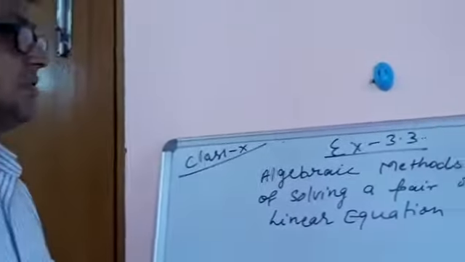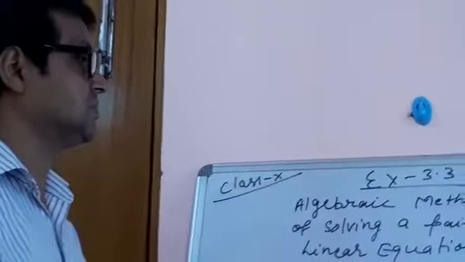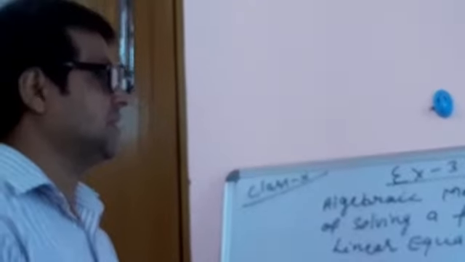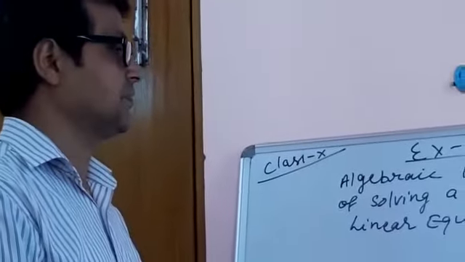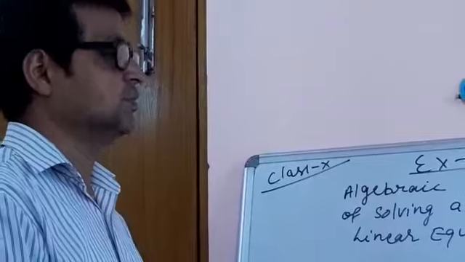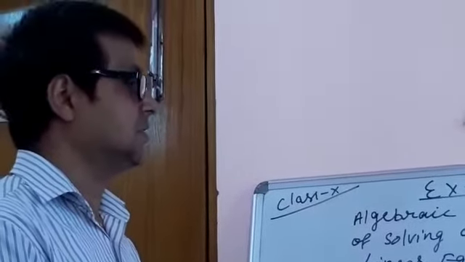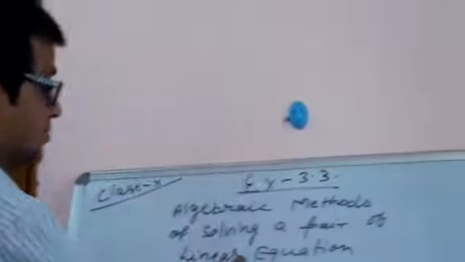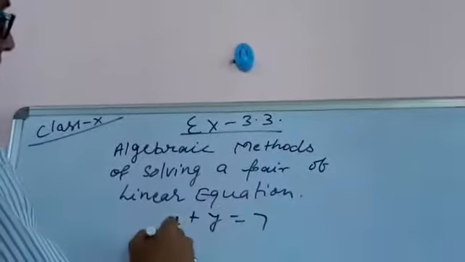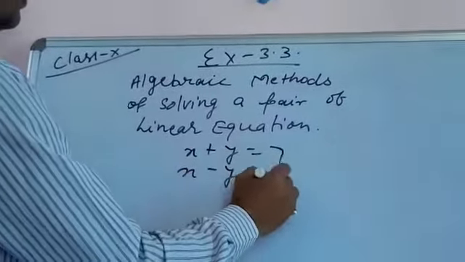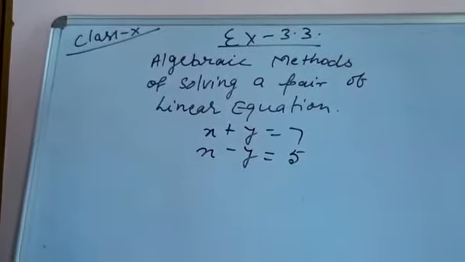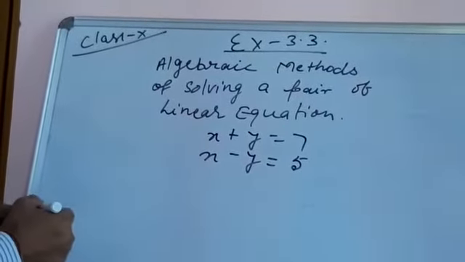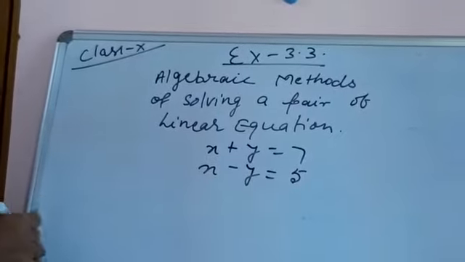We have had a lot of discussion about the graphical solution of a pair of linear equations in two variables. Now a few questions arise. Suppose, as an example, x plus y is equal to 7 and x minus 2y is equal to 5. If you solve these two equations graphically, you will get values for x and y that intersect at